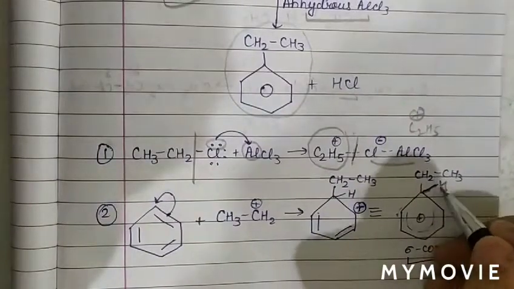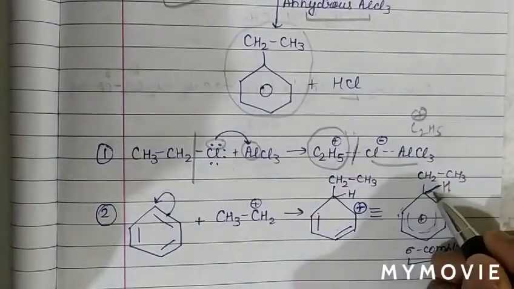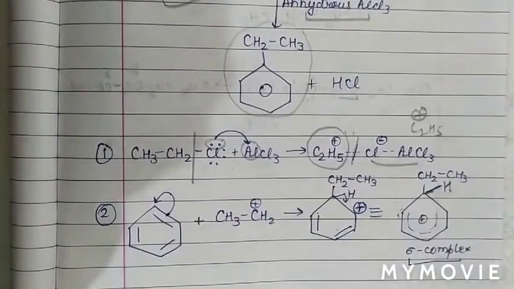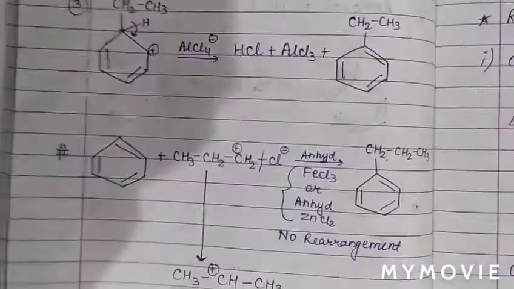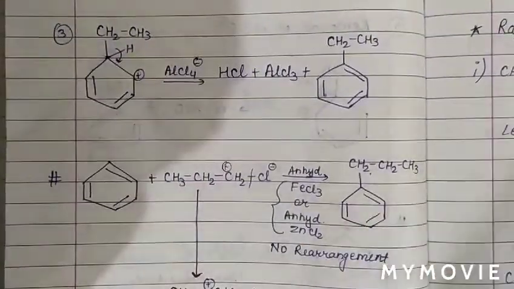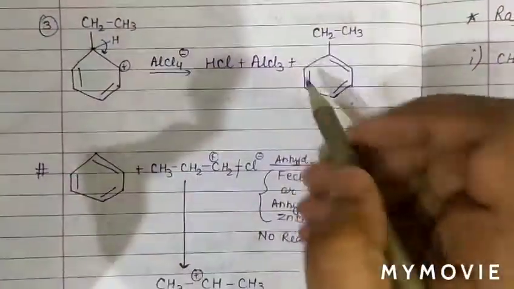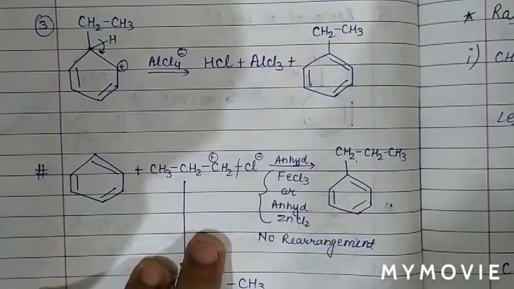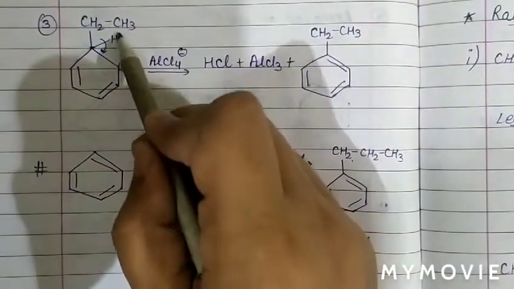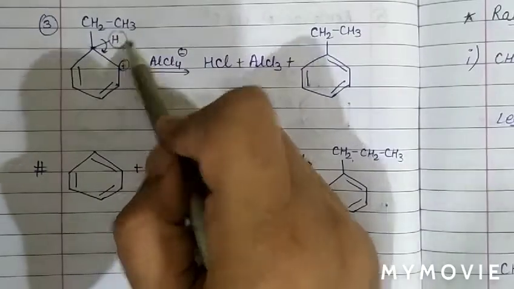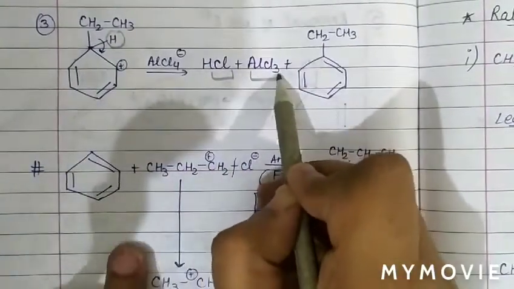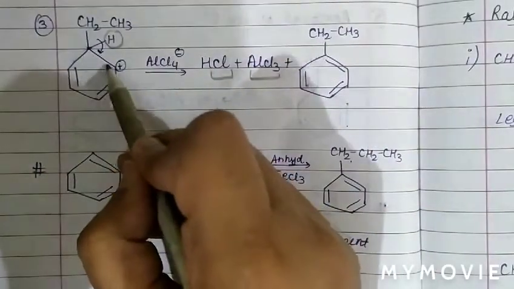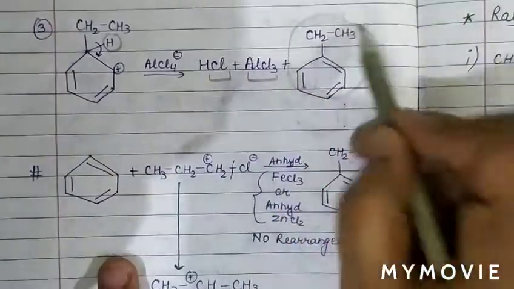In the final step, there is removal of this carbon-hydrogen bond. The electron pair again shifts, and there is removal of the old electrophile, which is H positive. As we can see in this case, this electrophile is regenerated. H plus combined with Cl minus, HCl is removed, and AlCl3 is regenerated, and this electron pair will shift in between these two carbon atoms, so it forms ethyl benzene.